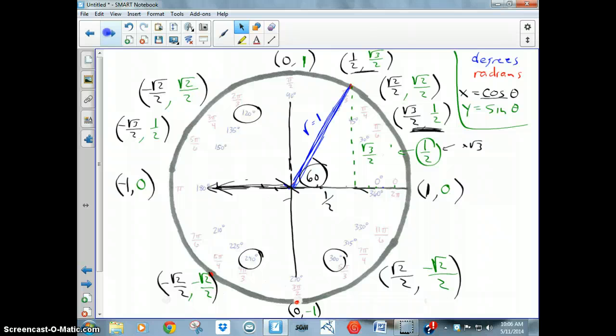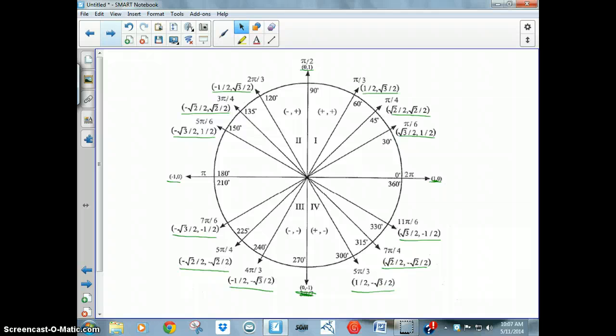I want you to jump ahead a slide because I have all the values filled in. And again, make sure black is cosine. Make sure your x value is cosine. Make sure your second value, your y value, is green or sine. And here it is. And if you need to pause the video, please do. But this is what your chart looks like. And I have underlined in green all the values for all the important angles on our unit circle. That's how they've been developed. That's where they come from. If you have questions, make sure you ask me in class. But please copy this chart exactly as